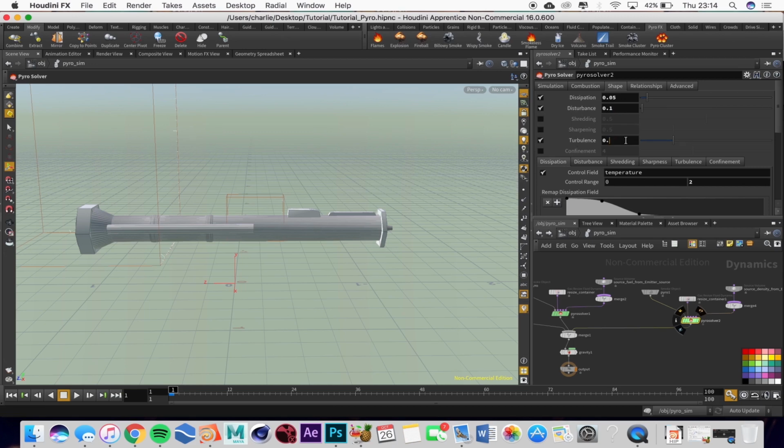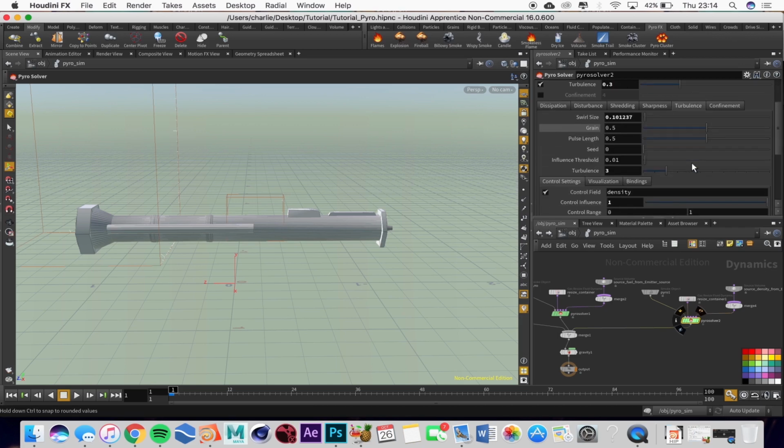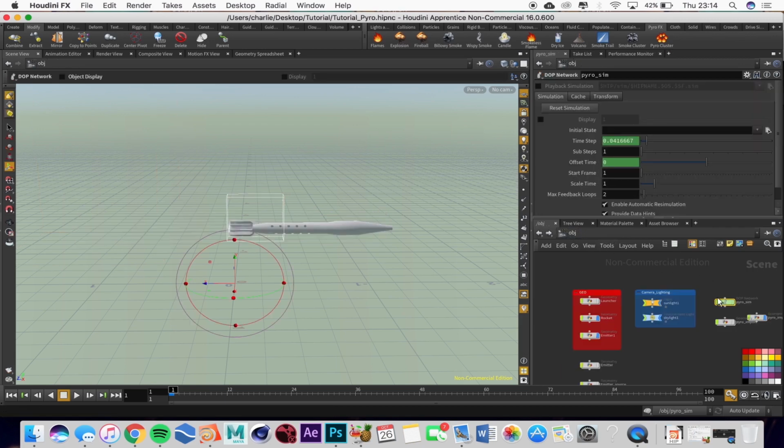Then I'm going to leave the turbulence here. I'm going to change it to 3. I'm going to come down to turbulence here, and for the swirl I'm going to change it to 0.5. We'll leave the turbulence down here as well and all the rest of the settings. If you want to just jump out of that real quick,